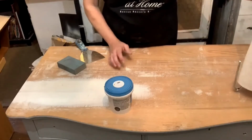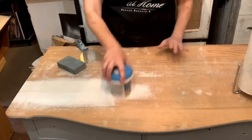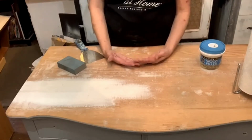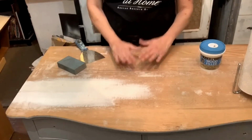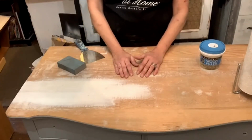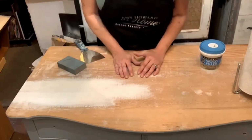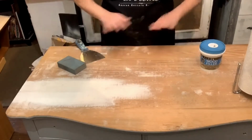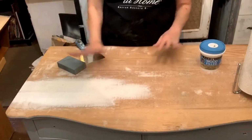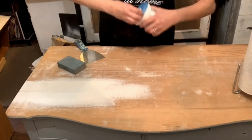I went through and already did my wood filler once on this, but I'm going to go back and do it again because some of the holes are really deep, and it's going to take 1 or 2 tries to get that filler in there so it will stay put. So, okay, so you're going to want to clean it off. Make sure it's cleaned off of any dust. I use a mineral spirit to get any excess dust off, and you're just going to take...